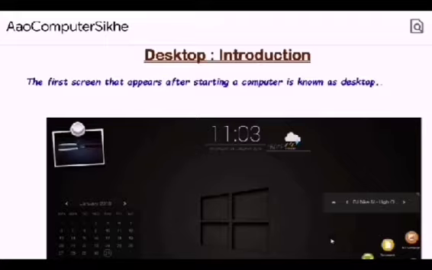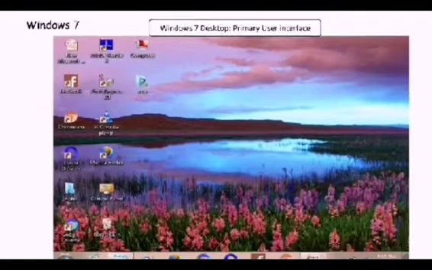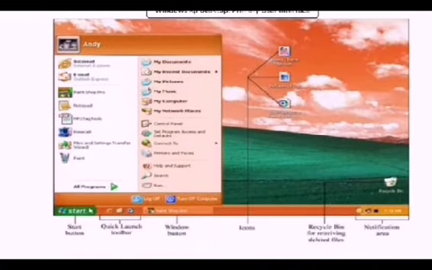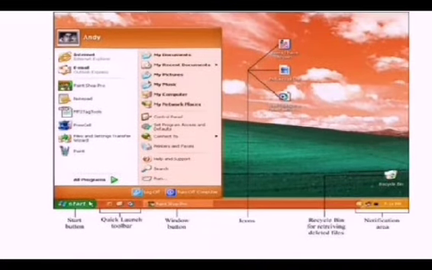Here I am showing you the desktop screen of Windows 10, Windows 7 and Windows XP. XP is the old version of Windows.